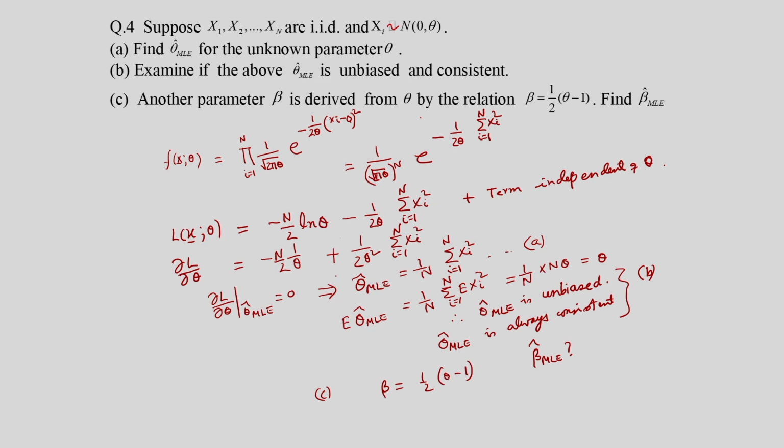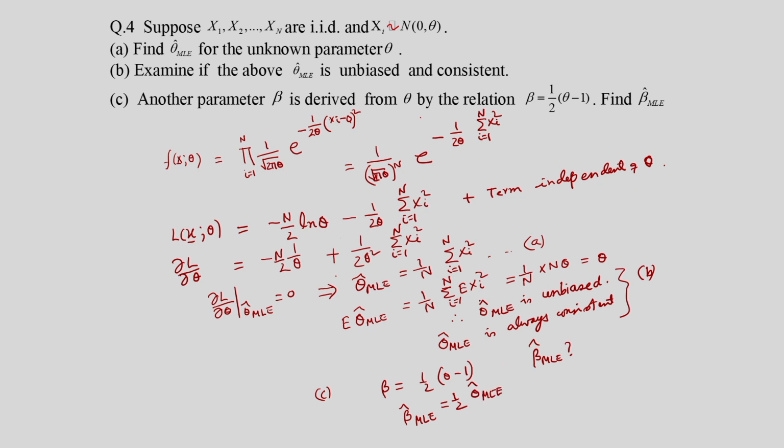Therefore, if we know the theta hat MLE, then we can find beta hat MLE, because you have to just put theta hat MLE here. Therefore, beta hat MLE will be equal to half of theta hat MLE,